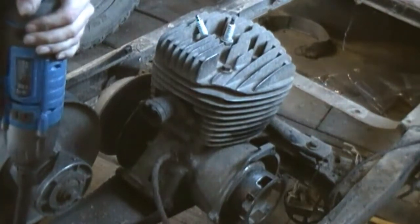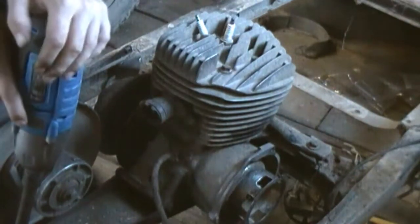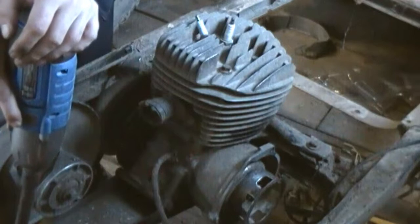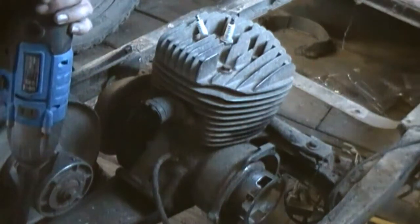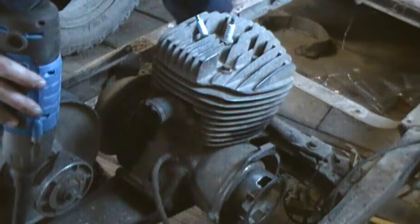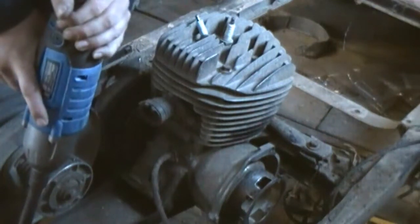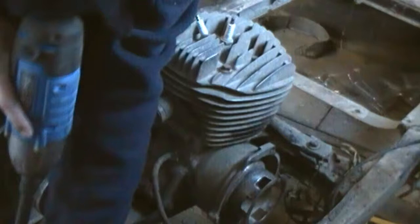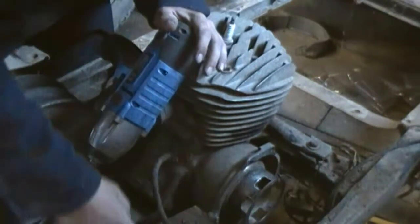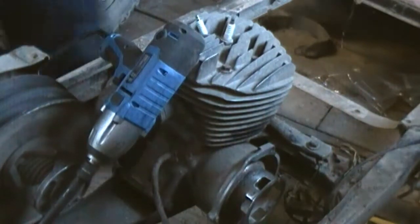So we're gonna go. The main sizes on this are 14 mil and 12 mil and a half inch. Those are the three sizes, and a couple 10s, but those are the main sizes you're going to be dealing with on this Odyssey. So we got 3 frame mounts. We got one down here, as you can see where the impact is, and then 2 up on this side of the motor. We got one here and one on the other side here. So there's 3 bolt mounts holding this motor up. Spinning the other side, so we're gonna have to grab another half inch and a socket wrench, which, like I